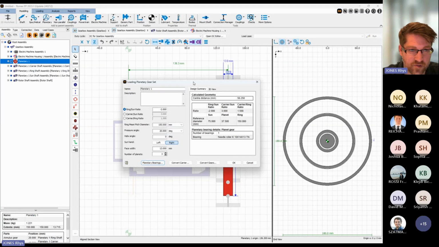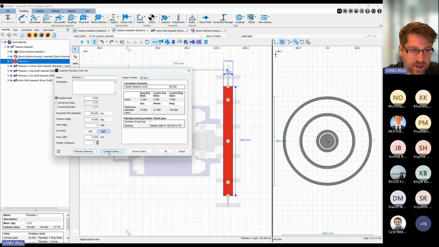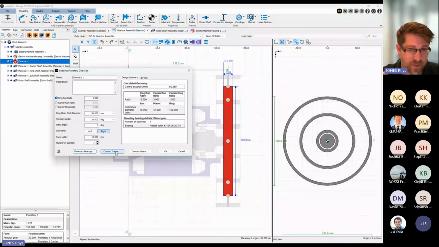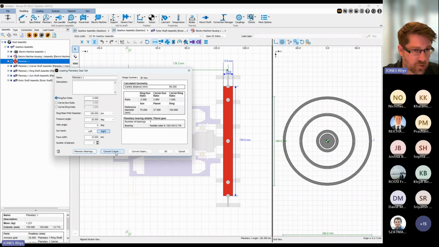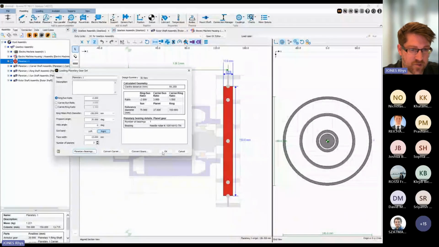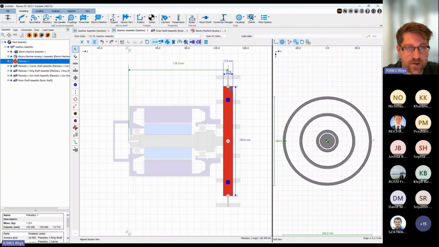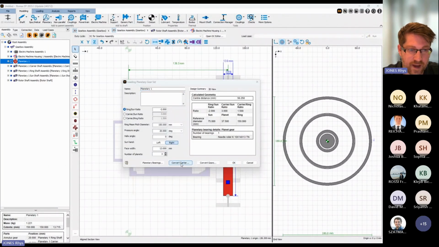And then the next thing I'm going to do is convert the carrier to be a detailed representation. And what that means is Romax is going to create a set of shafts to represent each of the pins, each of the sleeves, each of the gears within that arrangement. At the moment, the planetary system is just put as one unit, and it operates as one unit in the model. So if I press convert carrier in here,